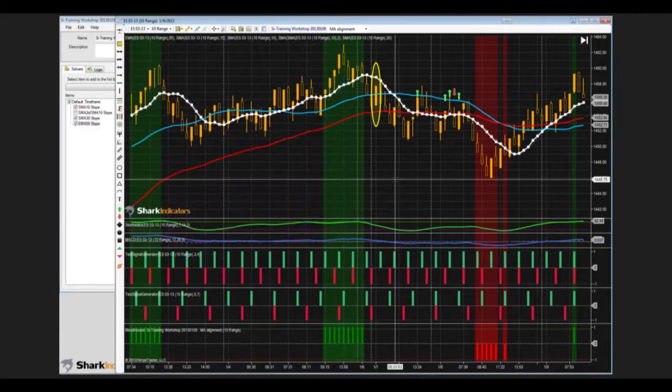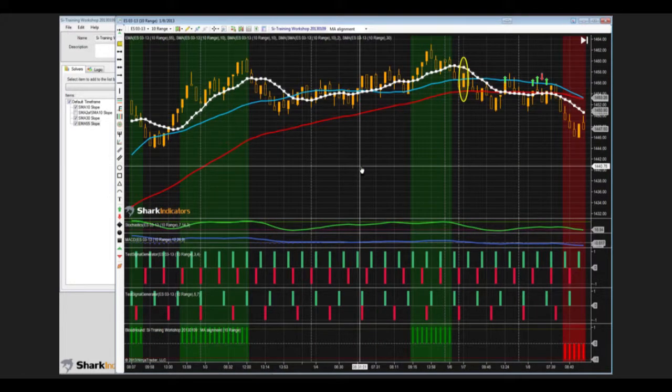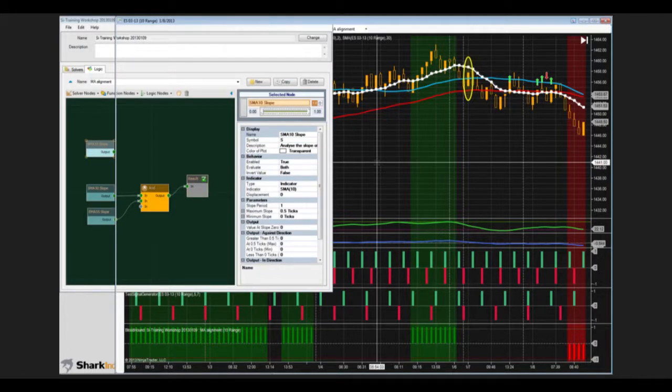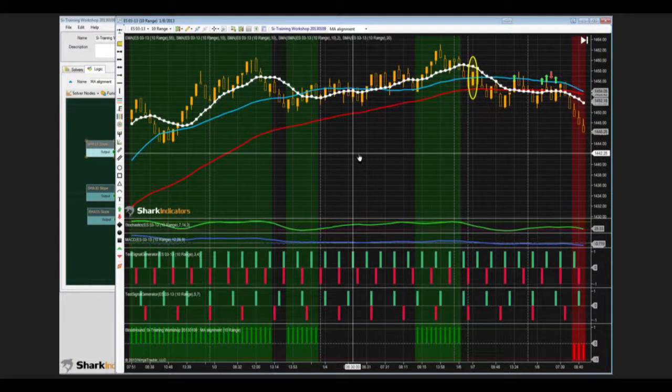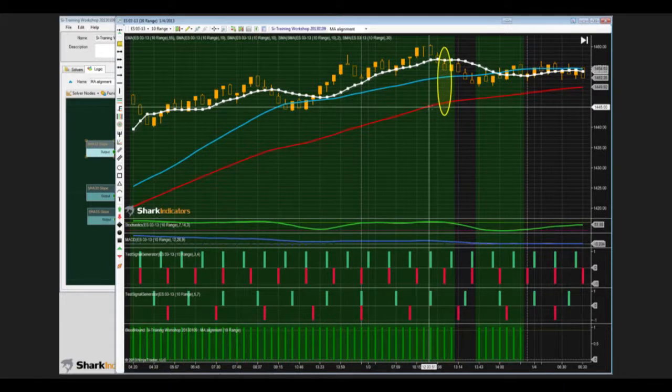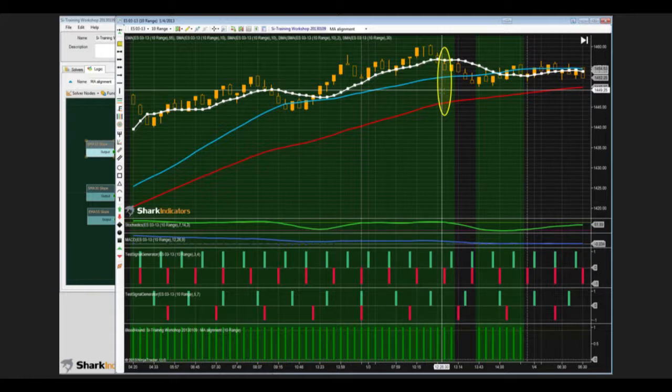Well, maybe this is just turning out to be a bad example because let me disconnect this guy and see what happens. Okay. So maybe this is the situation we're looking for, right here. All right, so we can see the SMA 10 flattened out and actually reversed down, whereas the 30 and the 55 are still sloping up, meeting our half a tick, right? So if I connect this guy back in,